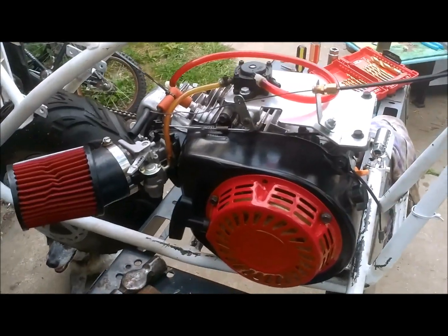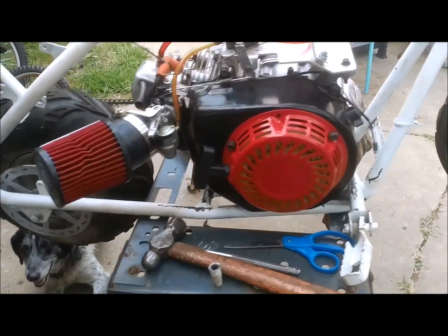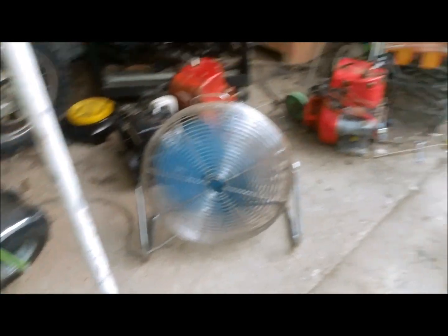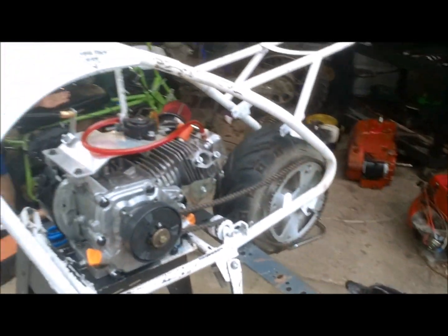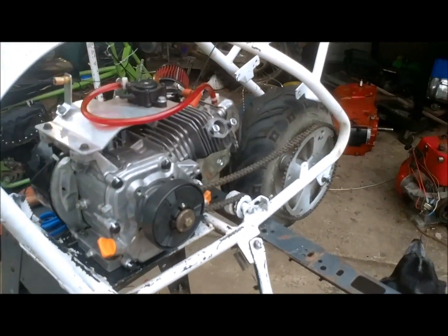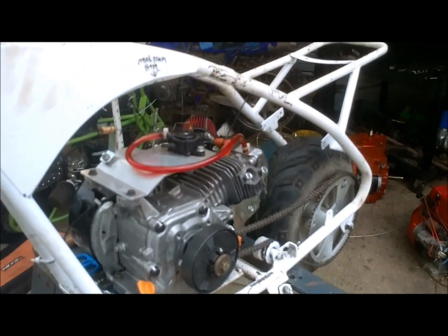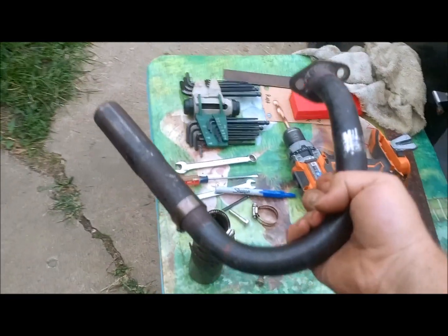Yeah, this here is a full built Predator 212 motor, which is what everybody else is running. It's that motor right there, just all built up. The internals are all tuned up, and as you can see, it fits really, really good. So we got it on there, and right now I was getting ready to update you on what we're doing, because we got this set up, and I got this pipe here and this